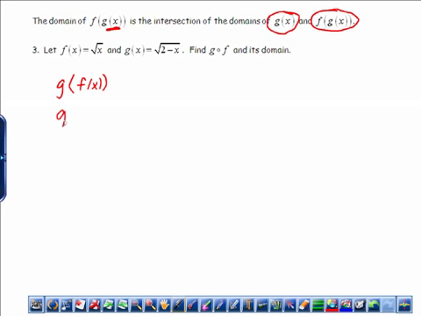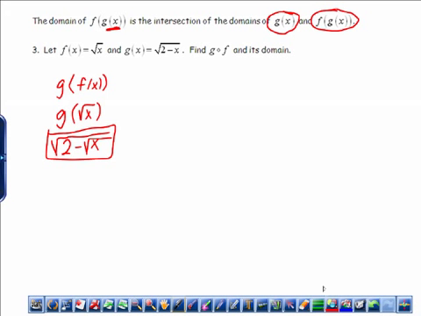All right, so g of f of x, I would start with the inside and I would write square root of x. Okay, and now what I'm going to do is I'm going to plug square root of x in for x. All right, now this is kind of strange because we're going to have a square root within a square root. All right, so I have 2 minus square root of x, but then there's a square root over all of that too. Okay, we're not going to worry about how to simplify this or what to do. There's no squaring both sides because this isn't an equation, it's just an expression,